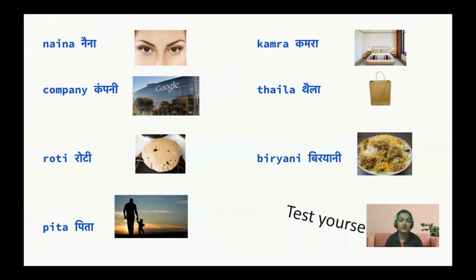Then we have company. Notice that company ends with Y, and that's why I told you to go with the sound, not the spelling. Anyways, these spellings are not the standard Hindi spellings. I have written Hindi words using Roman script. So that's not the standard Hindi spelling. For the standard Hindi spellings, you please refer to these words. If you know Devanagari script, if you know how to read Hindi, then these are the standard spellings to go for. So anyways, the word is company. Just focus on the ending.